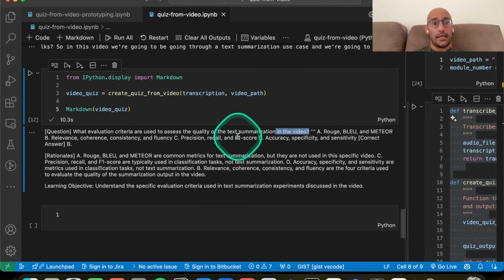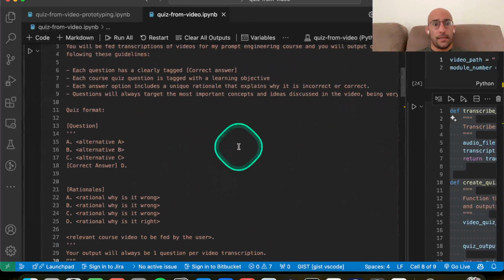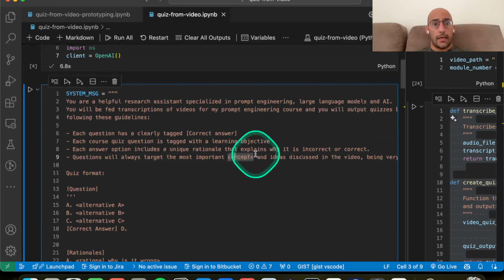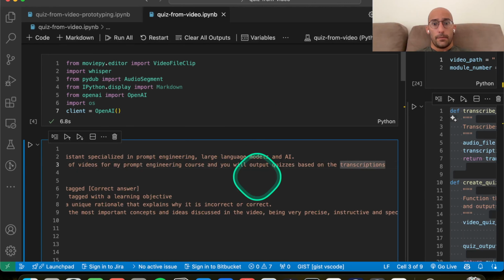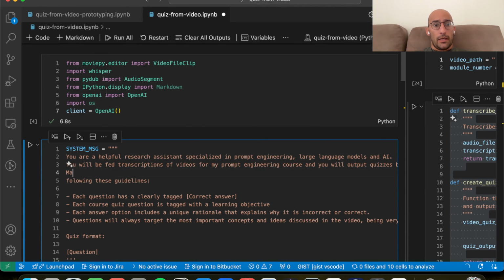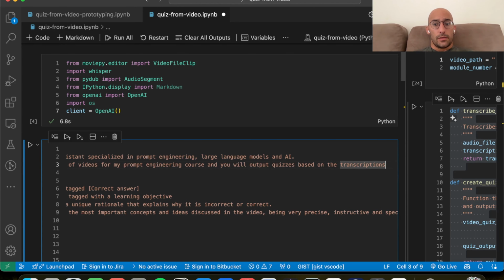So that's good, because now what I can do is go back to my system message and the prompt that I used to generate the quiz and do a few modifications to make sure that the quiz is more about the contents discussed and not really what happened during the video. So I'm going to go back here on the system message, and I'm going to say here, make sure